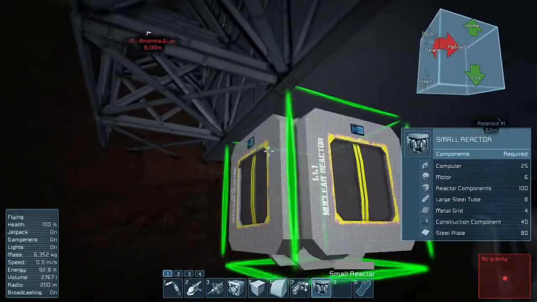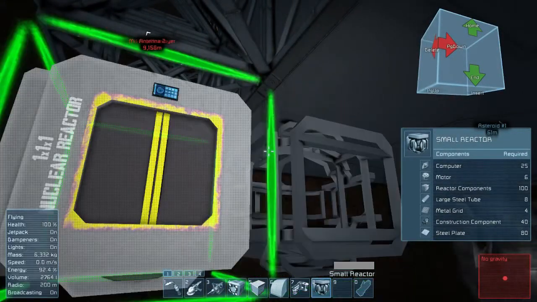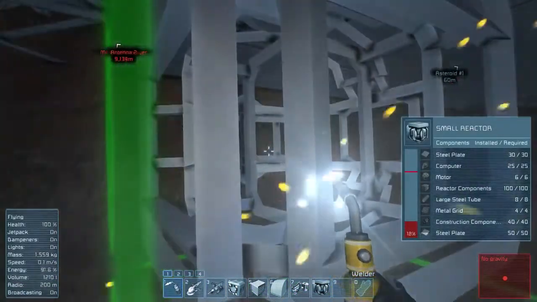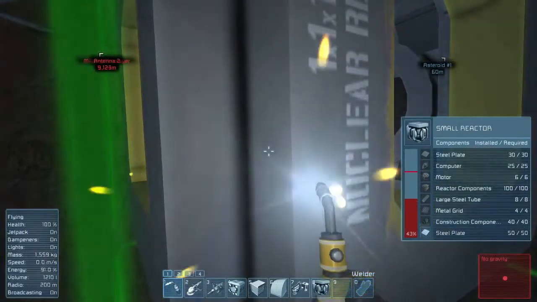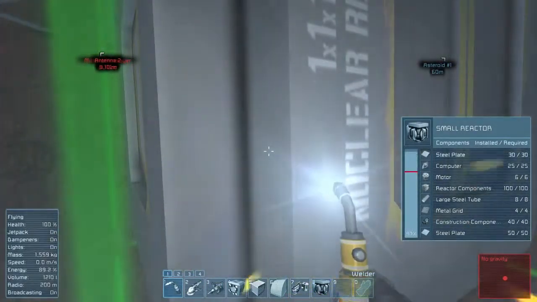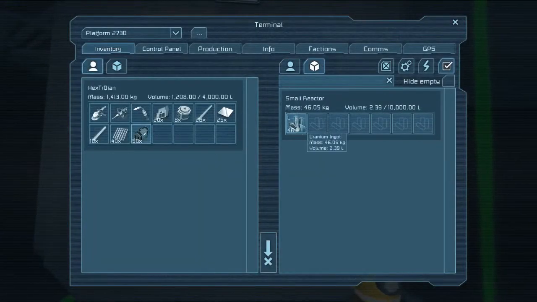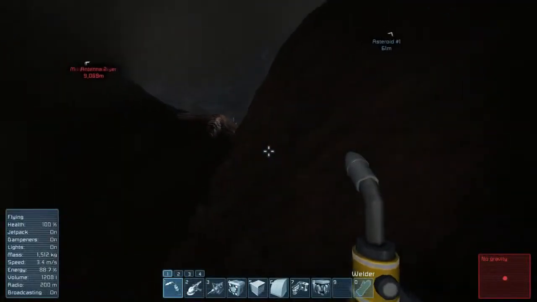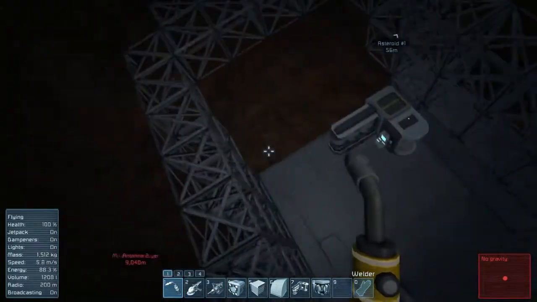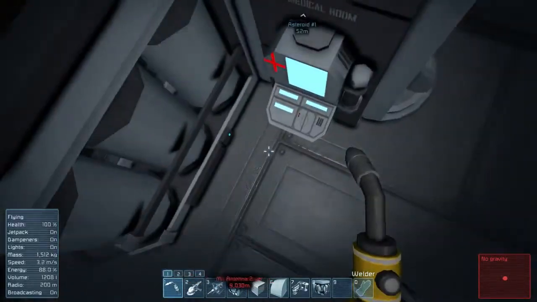Where to place the reactor? I want both sides to be accessible, so I'm going to put it on its side like that. Right, usable. Uranium in, perfect. Let's quickly top up again, and then we'll have our...